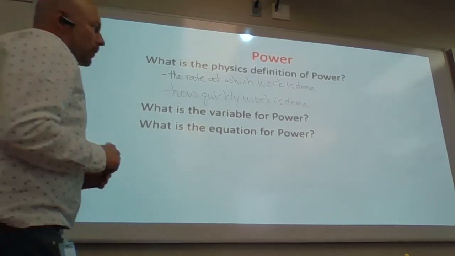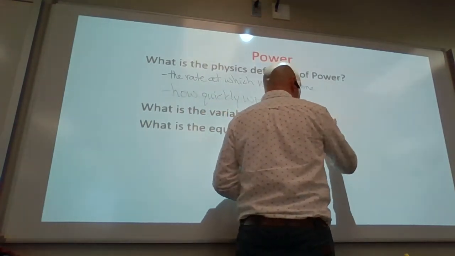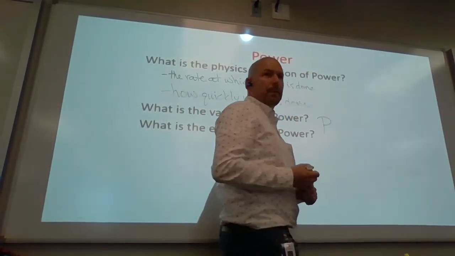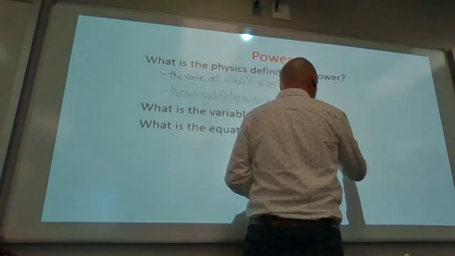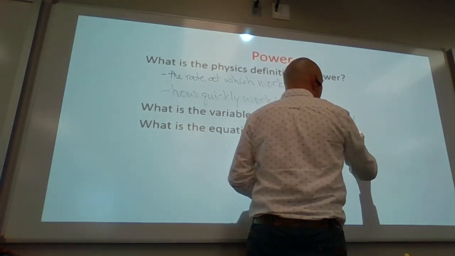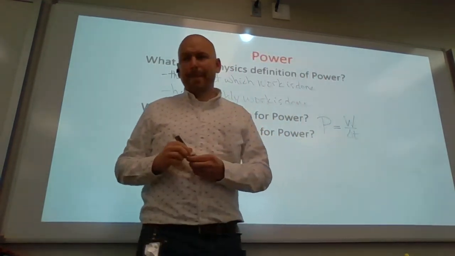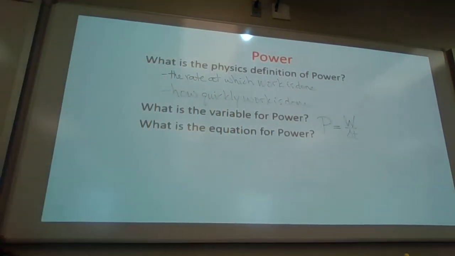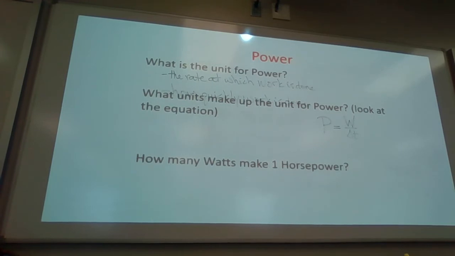So the variable for power is a capital P. The equation is work over time. Okay. That makes sense from the description: the rate at which work is done. Okay. The unit for power